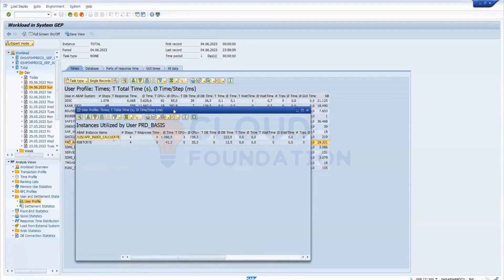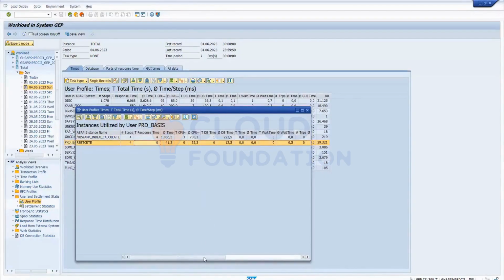You can check which user is doing what activity. From here you can do the auditing. Auditing everything you can do. You can check what they are doing. Are you accessing this T code? Why are you accessing this particular T code? What are you trying to do in that? You can check it from here. This is the case. Then the response times.